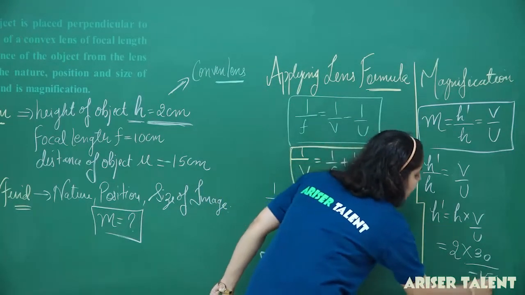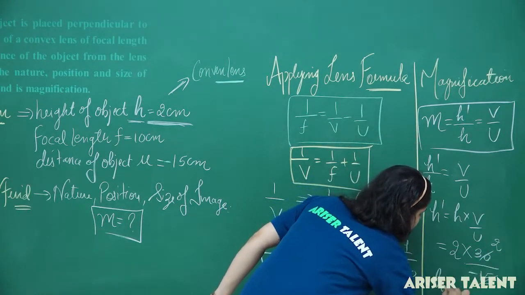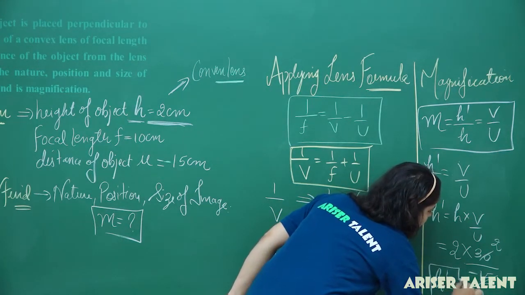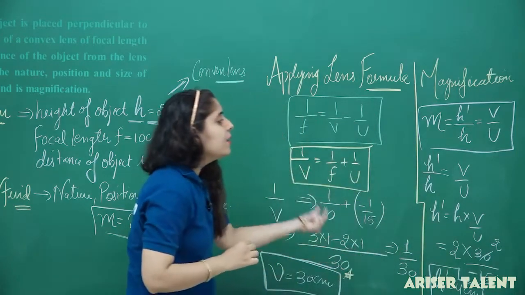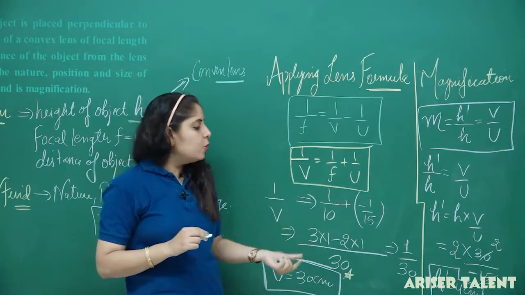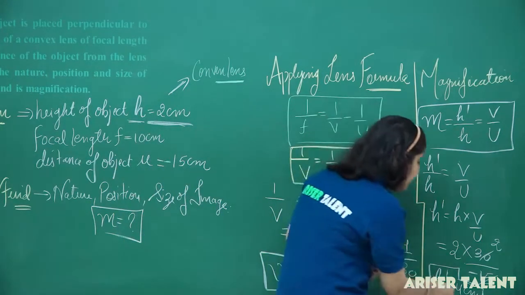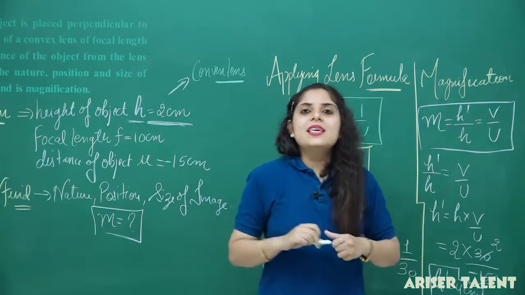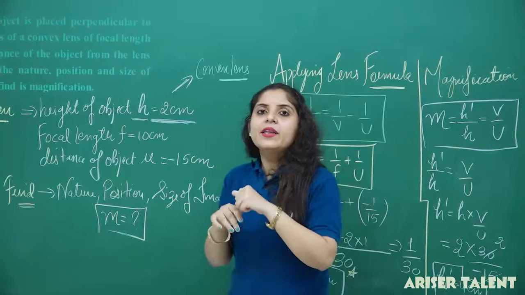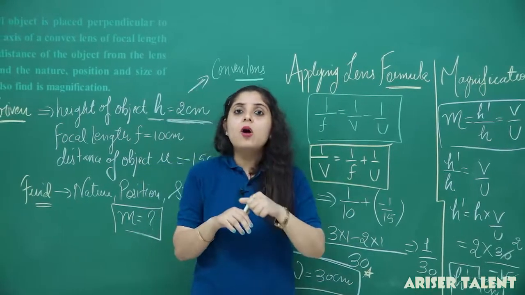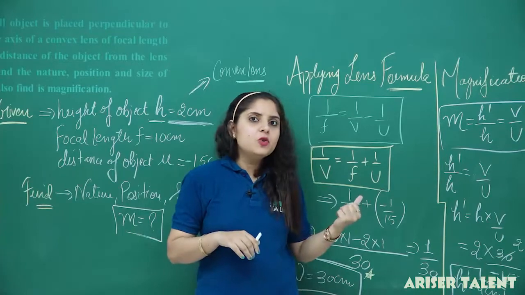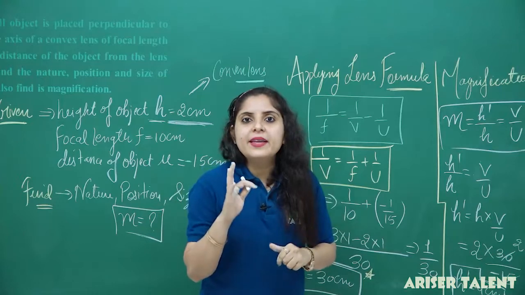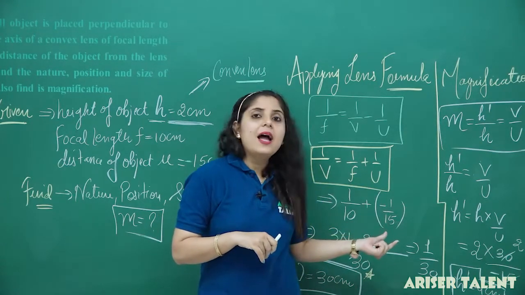Now on solving this, we are getting h dash equal to 4 centimeter. What we are getting? We are getting the value of h dash equal to 4 centimeter. Now, this came out with the negative sign. So, you can see that the image formed will be real and inverted in this case. Why it is so? Because the magnification came out to be negative here. So, image will be formed real and inverted in nature,